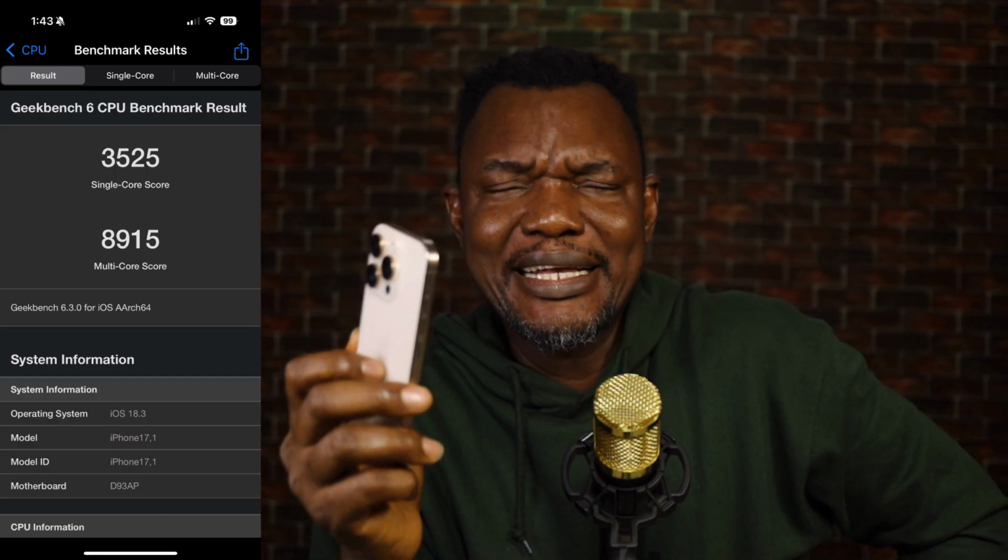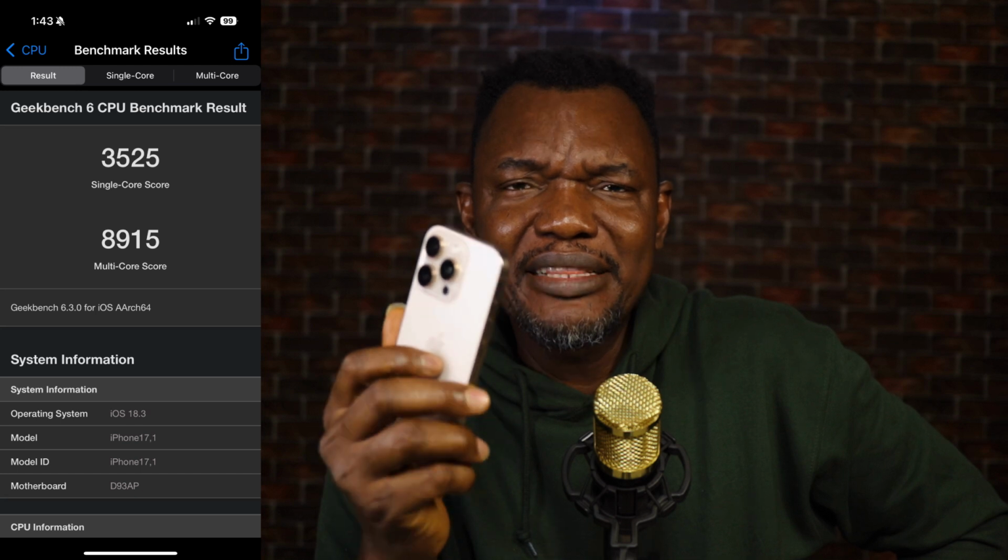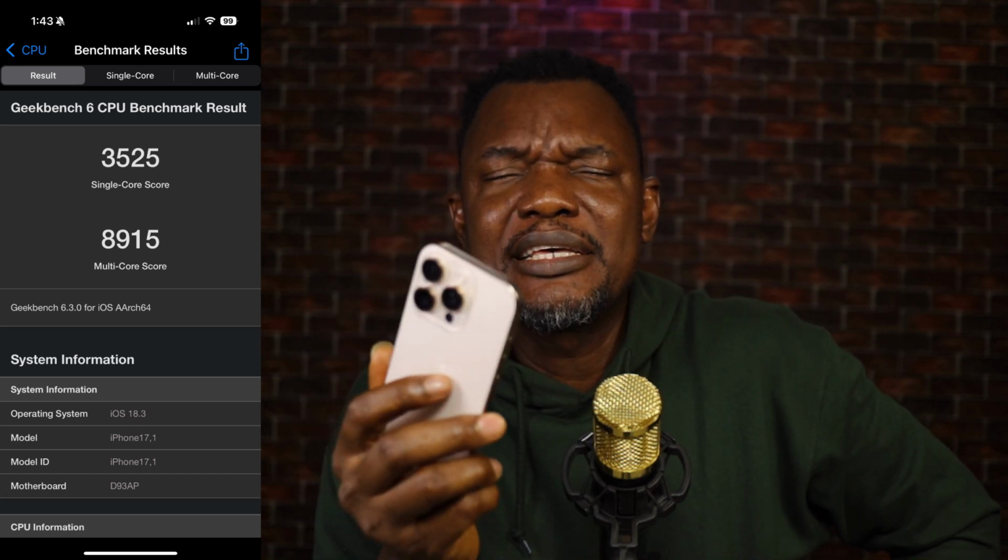What else is new? There are bug fixes and performance improvements. I noticed some performance improvement on this iPhone 16 Pro because I ran my Geekbench about a day after updating, and I can see a significant improvement in the scores. I cannot test the battery yet. I feel the battery has improved, but I have to use it for up to 1 week to give you the precise measure of the battery improvement. Because of this performance and battery, I think it's worth upgrading even if your device is not Apple